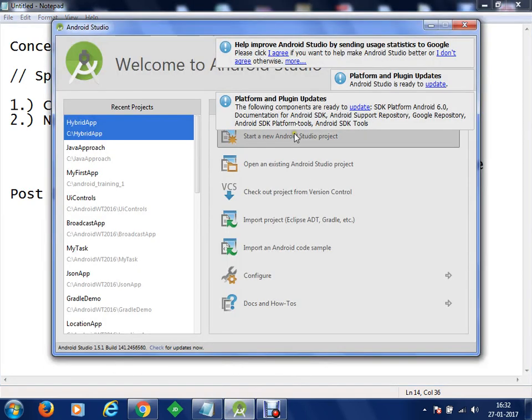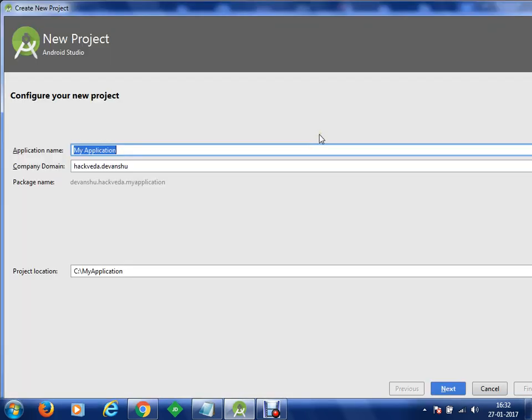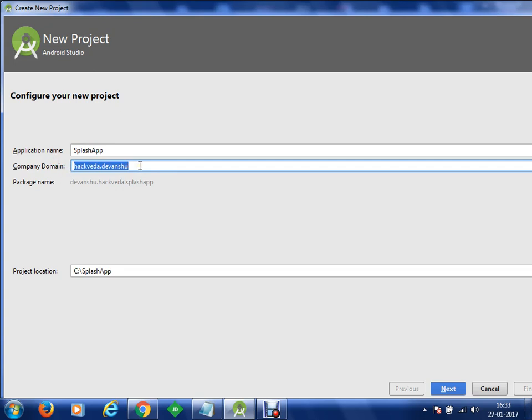We have our Android application development studio here. Let's get started with a new project in Android Studio. So now what we have to do, we have to provide the name, and let's call it Splash App. We are going to test this application, and we are going to set the company domain as hackwither.devanshu.